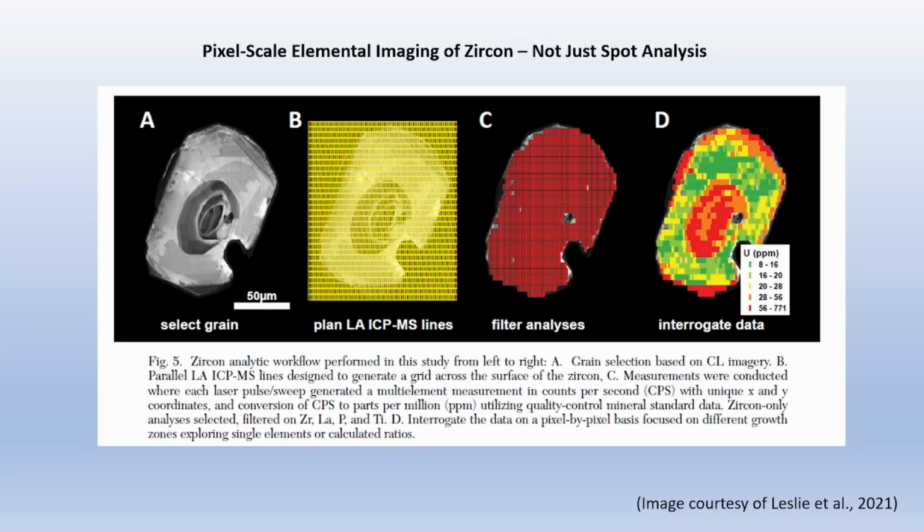In many porphyry systems, zircon cores have higher uranium, and rims are depleted due to crystal aging and melt evolution. Here you can see in panel D that the outer rim has a slightly higher uranium content, while the core is moderate to low